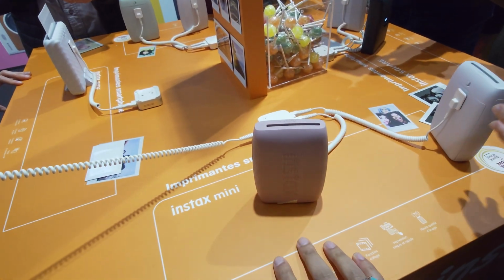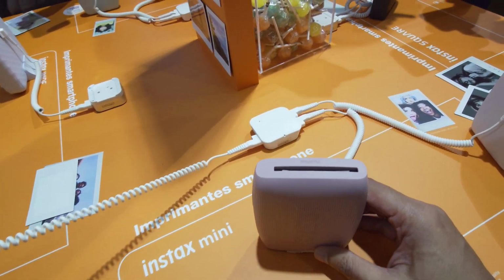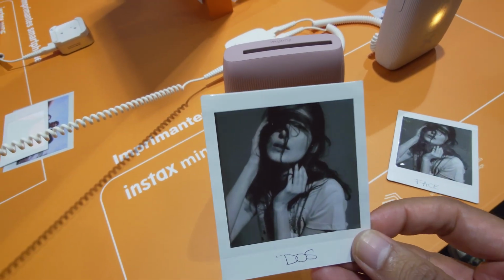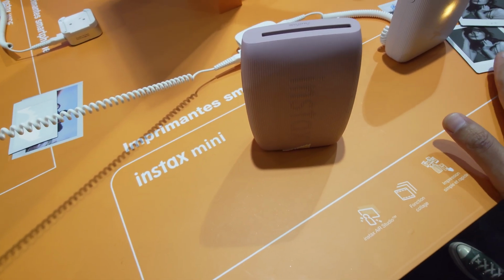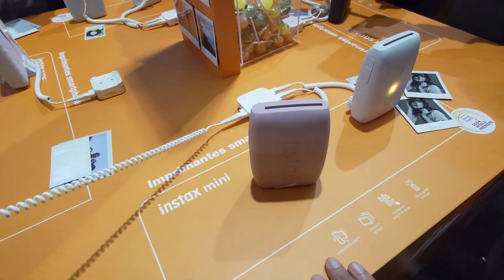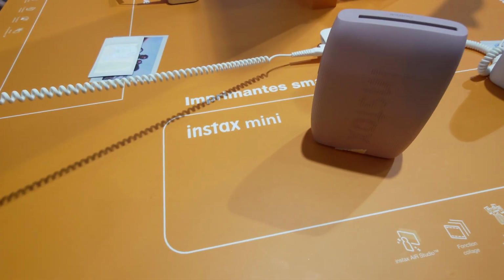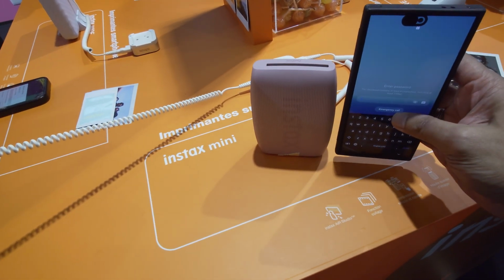And so there are different formats. There's a thinner version, which is this Instax Mini, and you can see that small photo on the right-hand side with those two girls. The one I'm showing you right now is actually coming from another printer, which is the square printer that we'll be seeing in a couple of seconds. And I'll be showing you in a bit the printed version from the Instax Mini, the pink printer that you see right here. I haven't checked how much this retails for, but you have